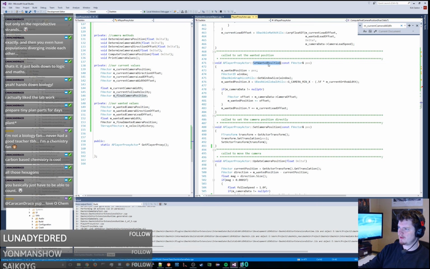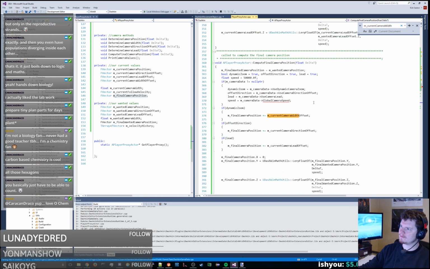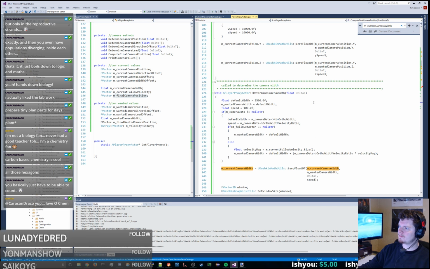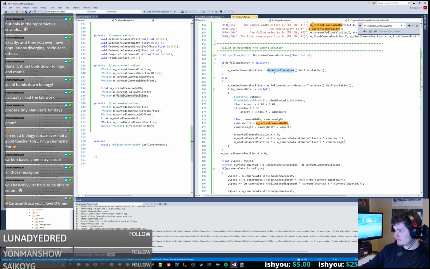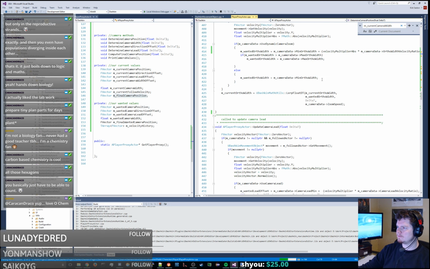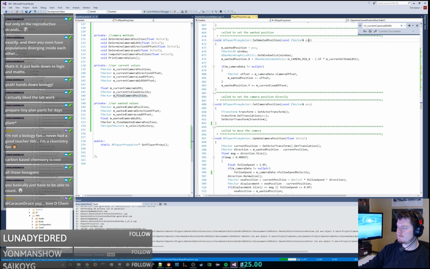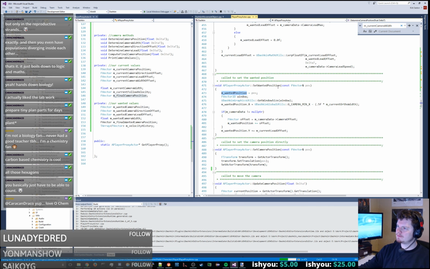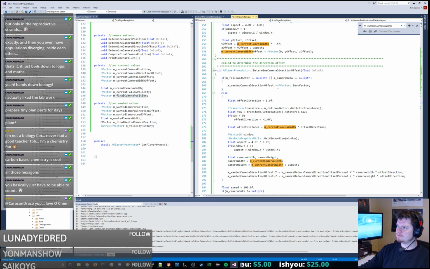So update camera position should, and we have current ortho width, the X, and all that stuff. Looking at this wanted position,